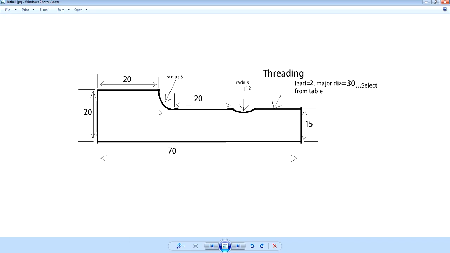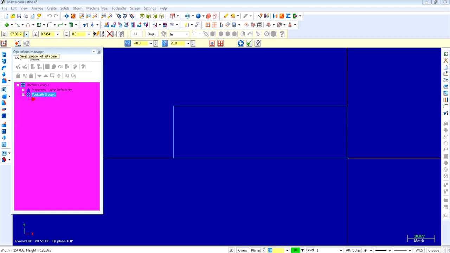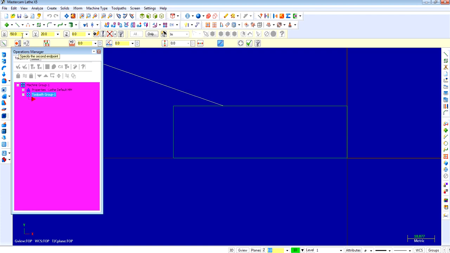So for drawing this arc, first for fillet we have to draw a line, straight line over here, -50 by 20, -90.